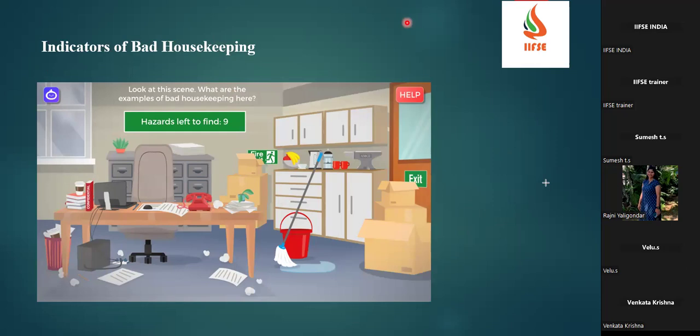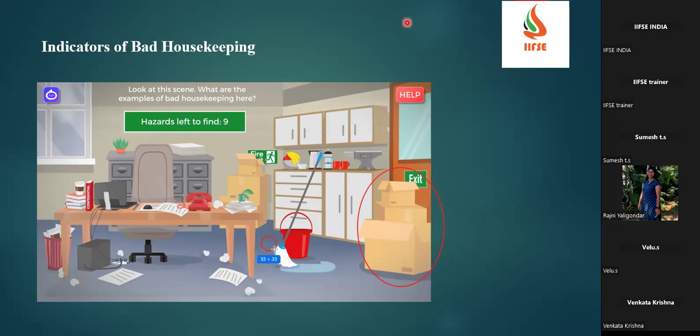The exit is blocked, which should not be blocked. It should be free from obstacles. Okay, fine. And everything is in an unorganized way, which should not be. And the cleaning bucket and the mop have been kept in the walking place, and there is no signage as well. So if they are cleaning,